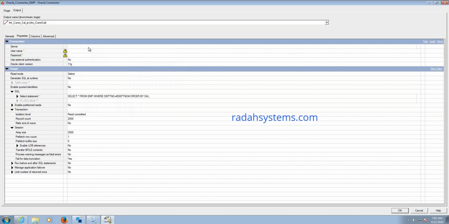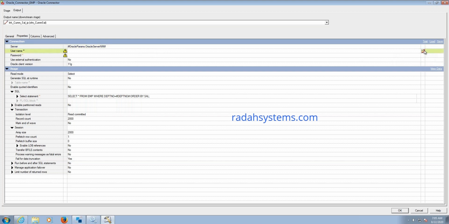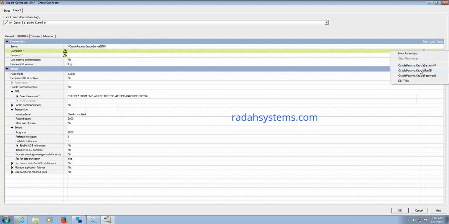Okay, so now what you can do is go to server. There is an option here, use job parameters. Double click on that. The parameters that you have defined in job properties will be reflected here. So the first one is Oracle server name. Click on that. Like that we can use. Click on the user ID.